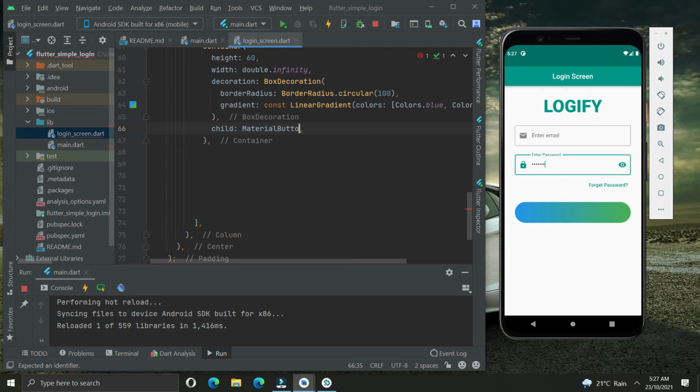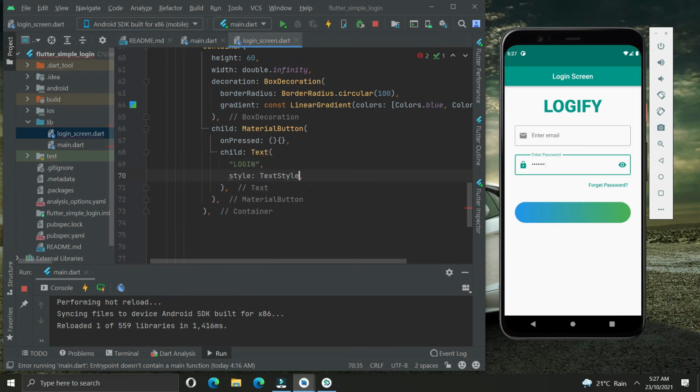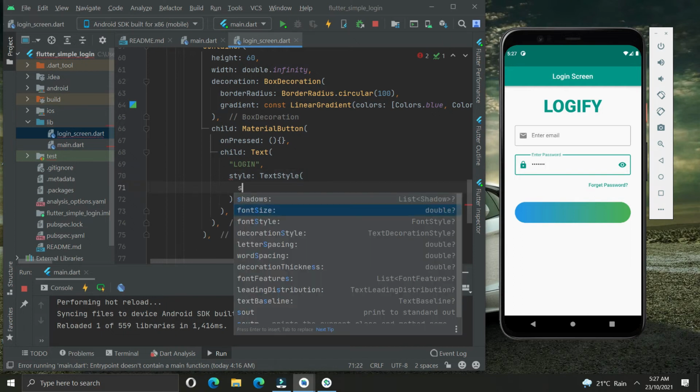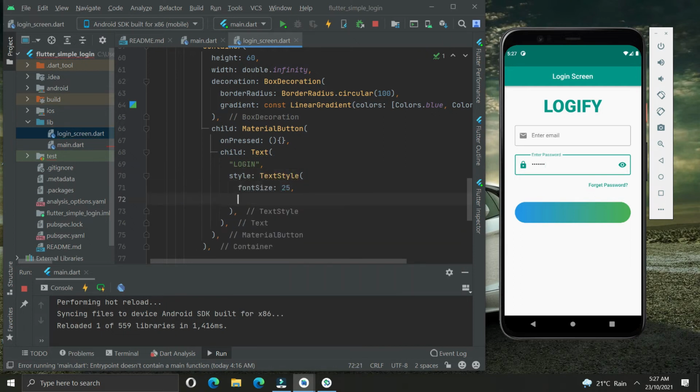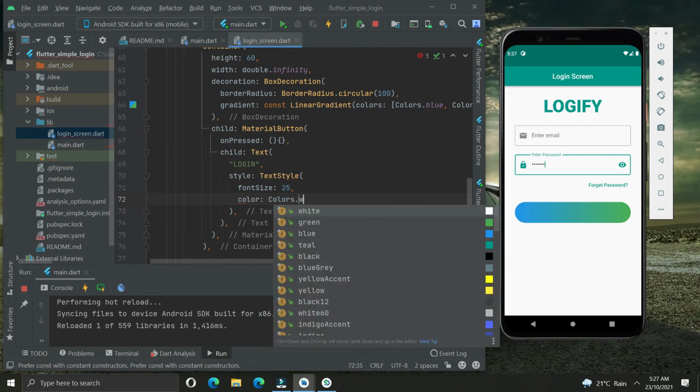Now we will add material button. In the material button we will make it empty for now by adding curly brackets. Now we will add some text to it. Child text login. Now we will add some style to our text. I will make the font size 25 and the color will be white, so it will appear good.